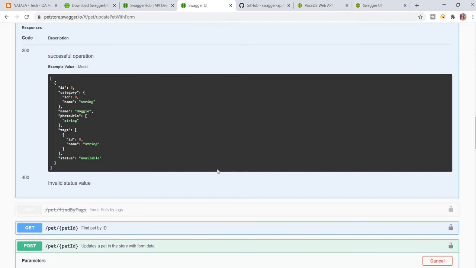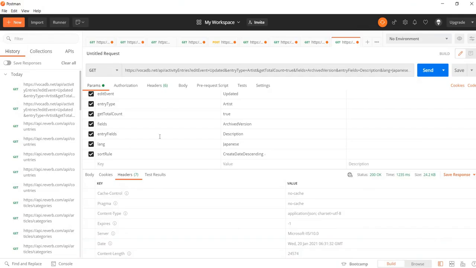You just execute and check what the request is, what the response is, what the status code is. Three kinds of information are enough for Swagger UI. Apart from that, if you want to explore more about API testing, what the headers are, what the authorization is, what the response header is, and what body we have to give, if you want to know everything, then you can better use Postman. So as per my advice, I prefer Postman. Once you try to use Postman, it is easy to explore your API testing skills.